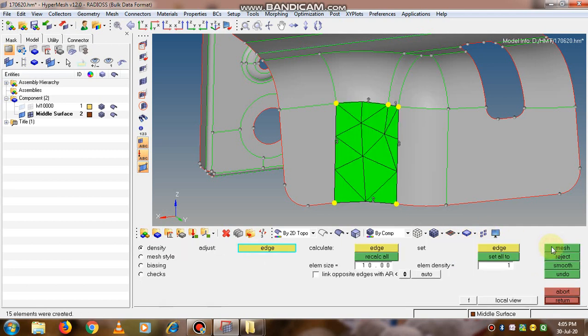Here select it as elements to current component, because our current component is middle surface, so whatever elements we create will get saved in the middle surface. Now we will adjust the number of trias by left clicking on it. If the length is the same on both sides, if you take the same number, that is 4 plus 1, 5, and below also it is 5, so the proper mesh flow is generated.